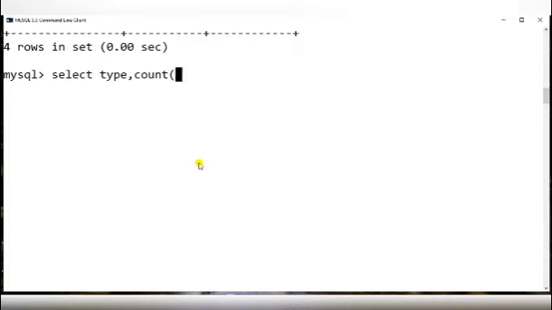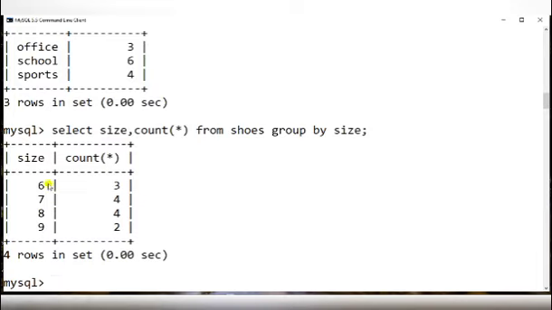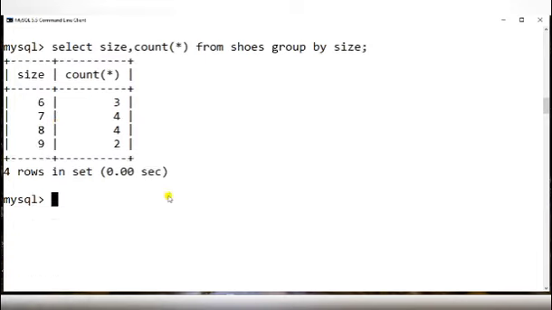So office 3, school 6, sports 4. Similarly, for the number of shoes of each size or name, let us see size. So we'll group the data as per size. So size 6 is 3, size 7 is 4, size 8 is 4, size 9 is 2.